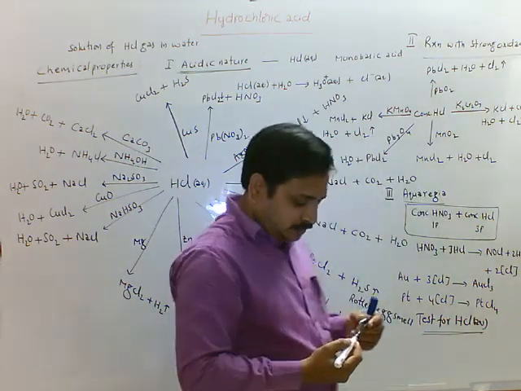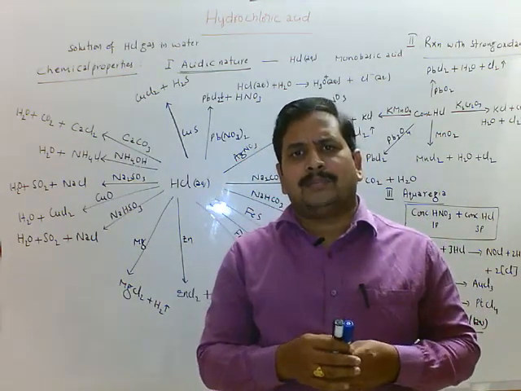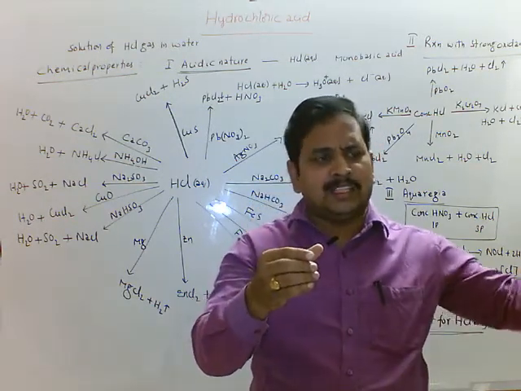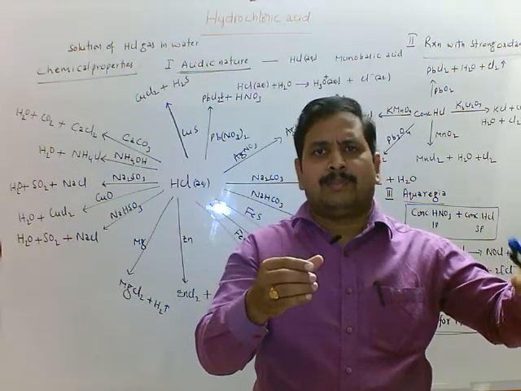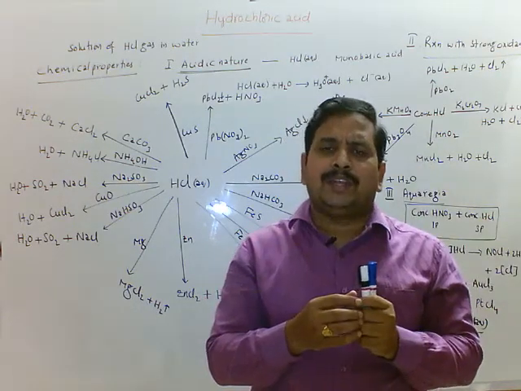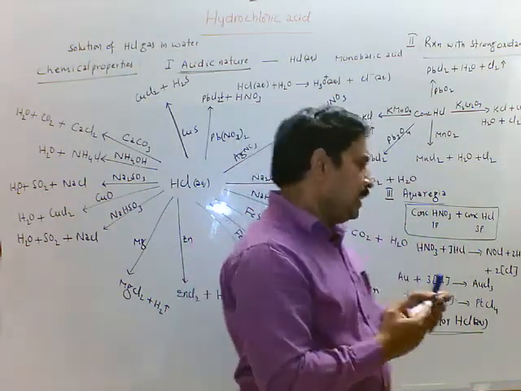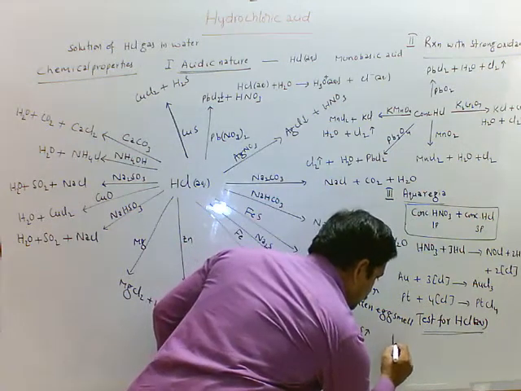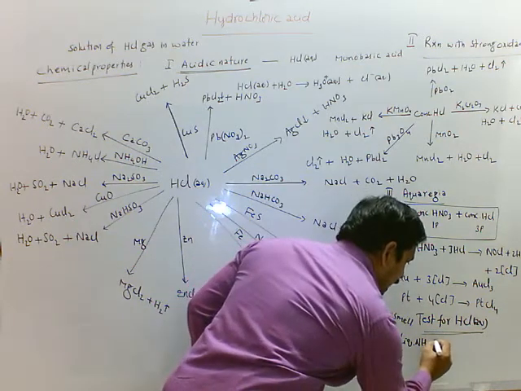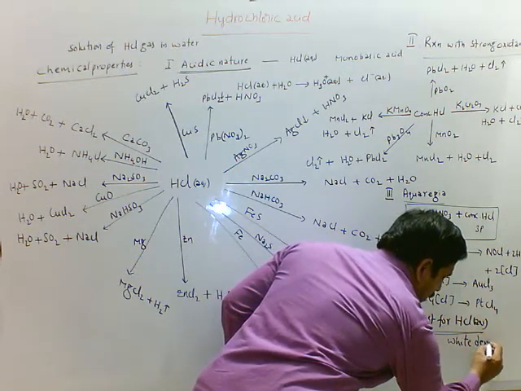In this, first test is, first we are taking hydrochloric acid. It is in bottle, and one glass rod is dipped in liquid ammonia. If I kept that glass rod nearer to mouth of this bottle, here we can see white dense fumes of ammonium chloride. So first test is with liquid ammonia. Hydrochloric acid gives white dense fumes of ammonium chloride.